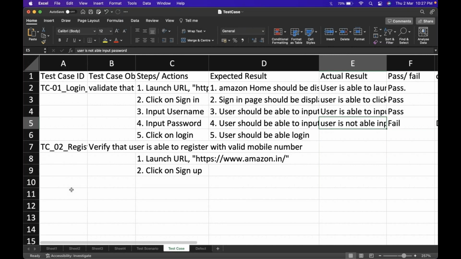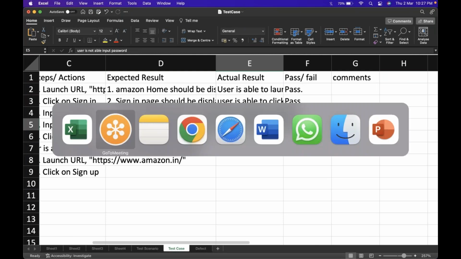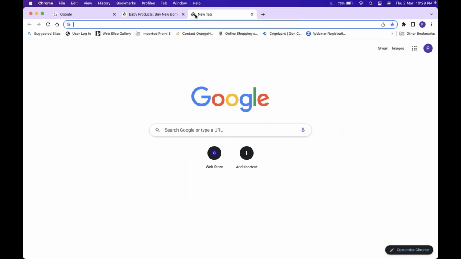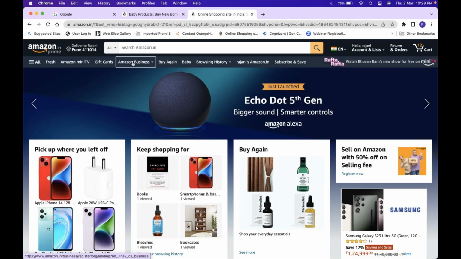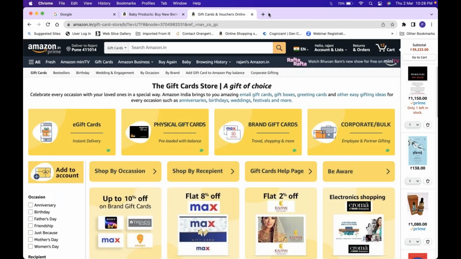Hello. I have a question. Why is it fail? Because in this, the user should be able to input the password. Okay, Amazon is already tested. It will work. If I input a username and password, it will work. For example,